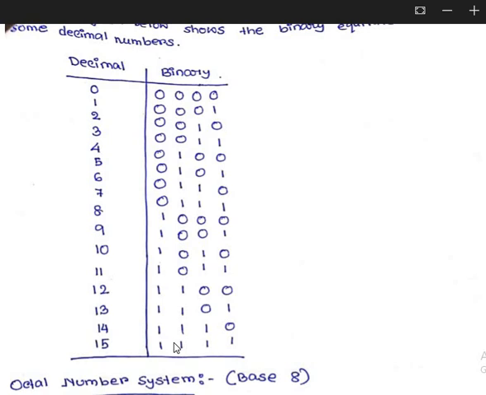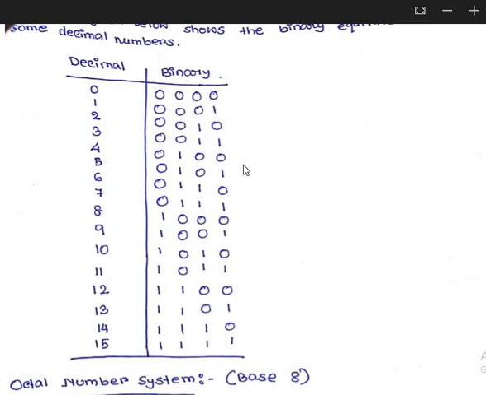Here I am representing each of those decimal numbers by using a 4-bit binary number. I have represented 0 by using a 4-bit binary number, which is 0000. I have represented 1 as 0001, and here also I have represented 6 as 0110. Now one question we have in our mind: how will I convert a decimal number to its equivalent binary number?